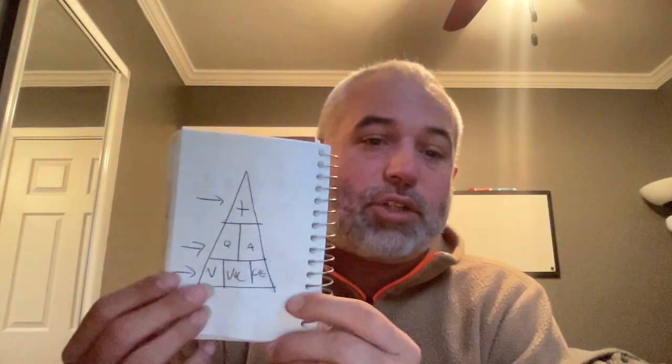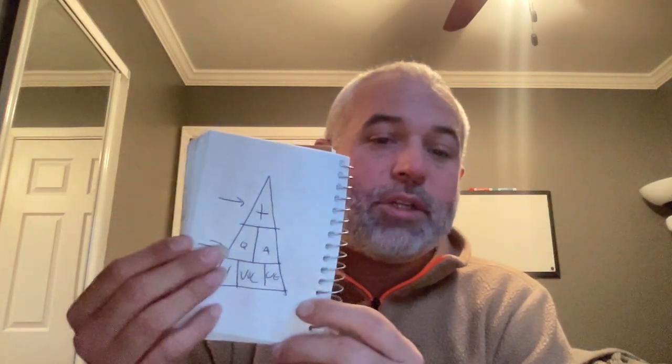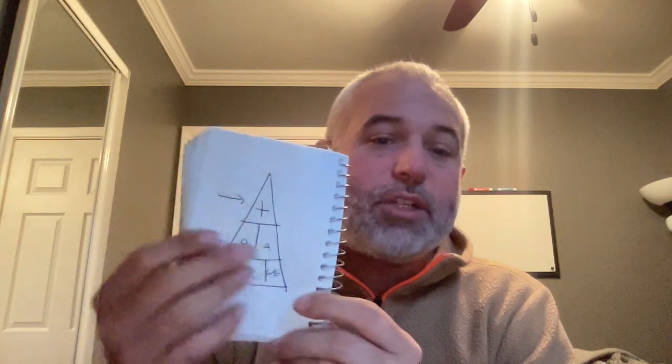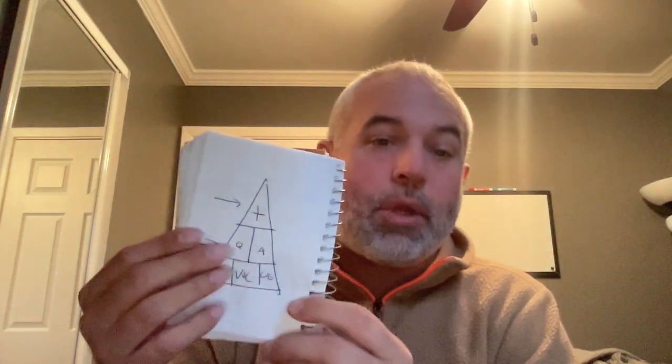Go back to video 2, the language learning compass. Question, answer, verb, vocab. Questions and answers are conversation. Verb and vocabulary are structure. Structure supports conversation. Structure is verb, vocab, useful expressions. Conversation is questions and answers. In this video, we're talking about the back and forth of questions and answers.